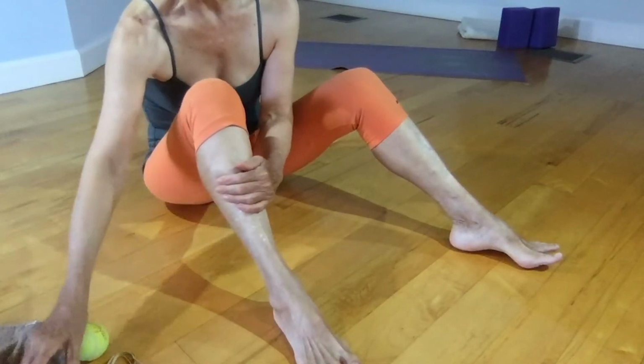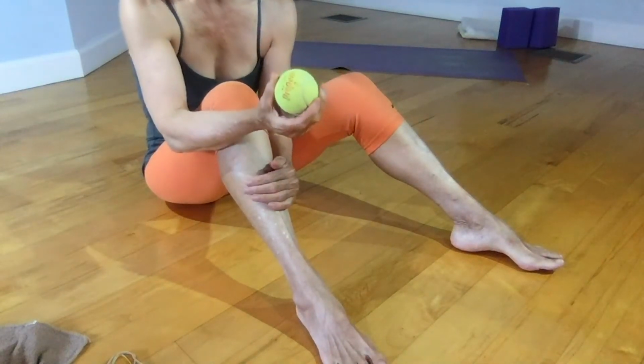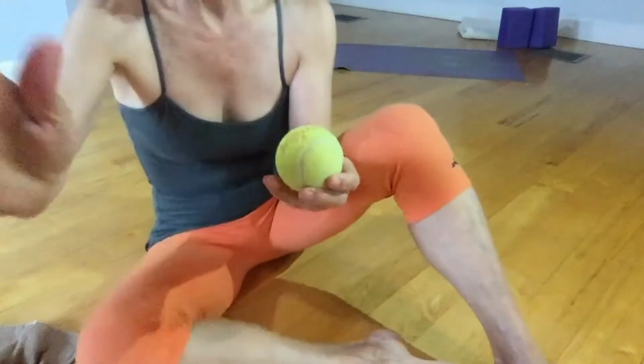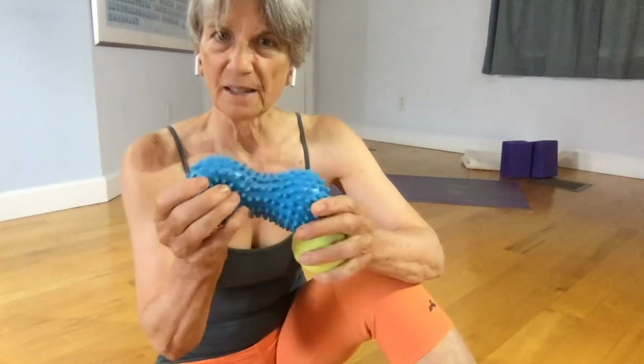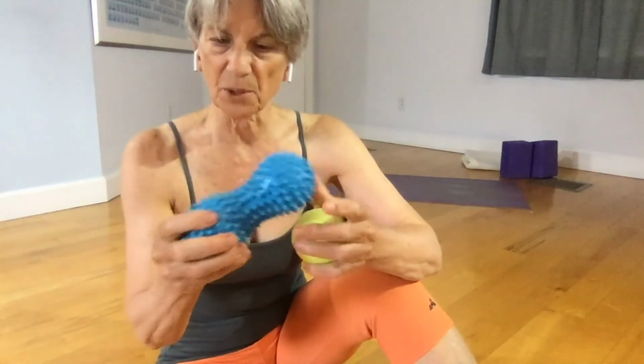The other option, or one other option, is using a tennis ball. And my friend Lisa Long, who is just an expert in this area, is feeling like tennis balls or most handballs are a little bit too hard, which is why she likes this much softer version, this peanut. And you can find these online, maybe not the exact thing, but similar. And that really stimulates the feet nicely. But most people have access to a ball, like a tennis ball, so that's why we'll be